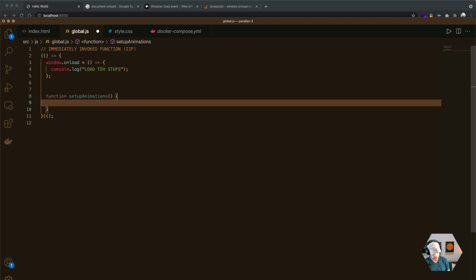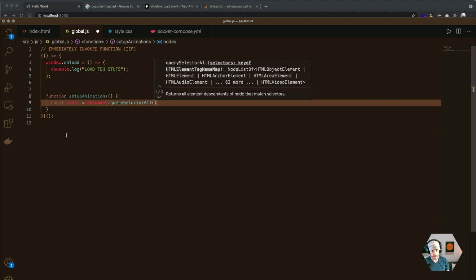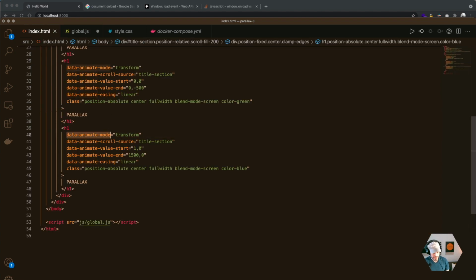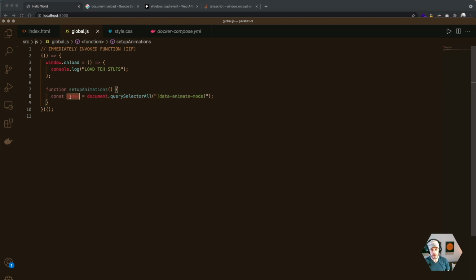What this is going to do is get all of our nodes from the document that are going to be animated. So let's do document.querySelectorAll, and query everything that has a particular data attribute. This is why I like to use data attributes. Then if we console.log our nodes,